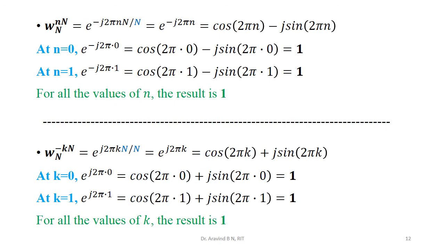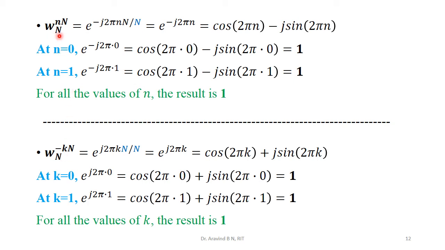So now let us identify these terms. What we had taken is equal to 1. In the first periodicity property we had taken omega n n is equal to 1, and in the other periodicity property we have taken this representation and we proved that this is equal to 1. How is it going to be 1? Let us have a realization of that over here.